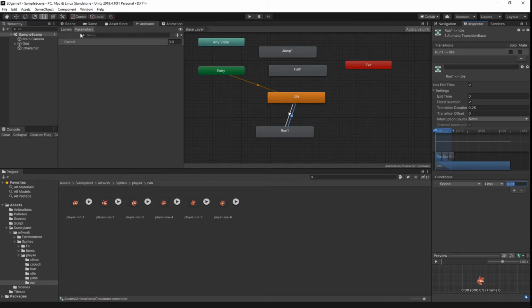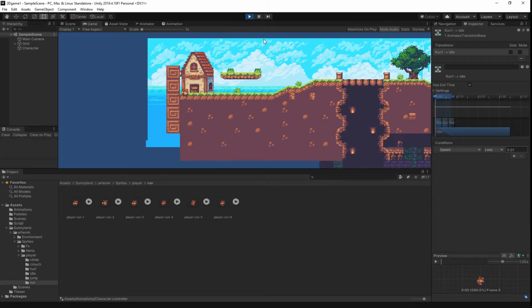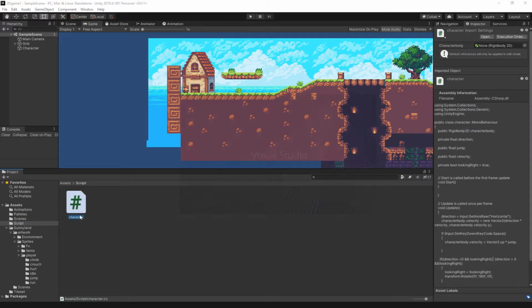So when you go to the game, so you can see that it's not working. So that means why it's not working. It's because you only did that in the animator. So you have to change the script of your character. So go to script, to your character script,